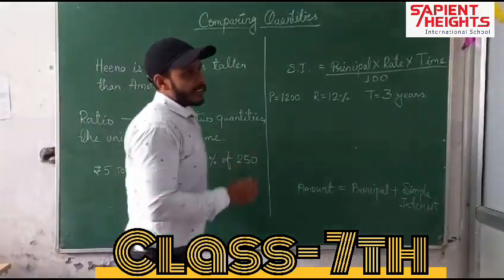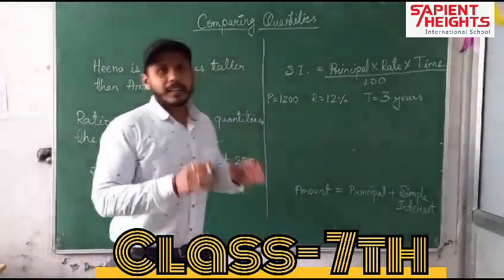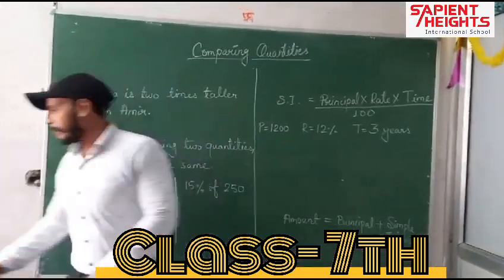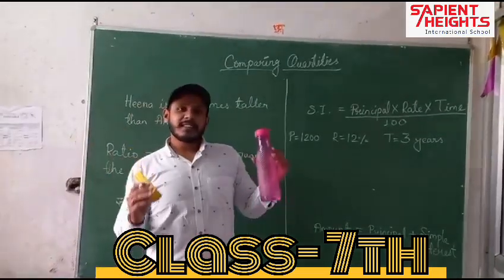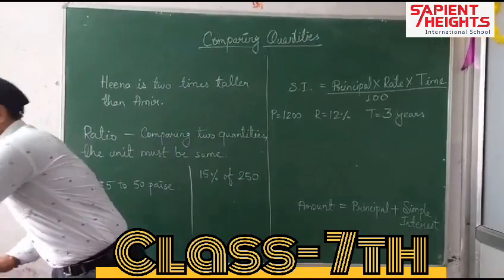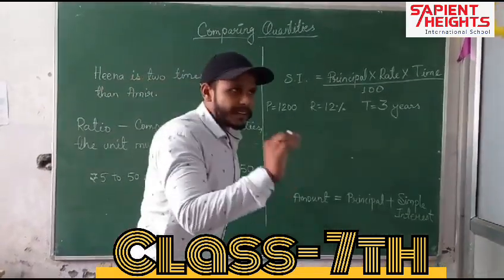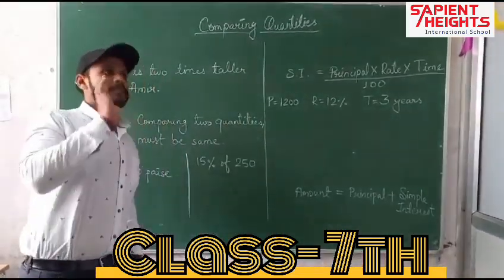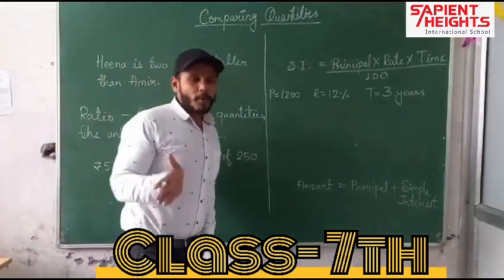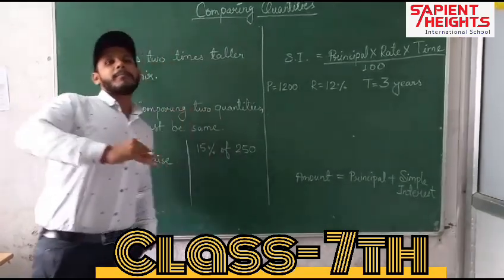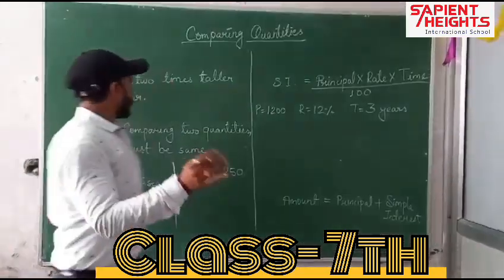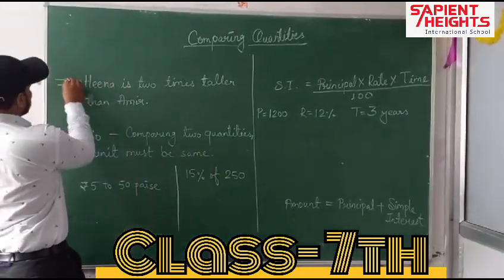The one thing that we must keep in our mind is that comparison is always done between similar things. For example, I cannot compare this bottle with this duster because both have different applications. So it is clear that comparison is always done between similar things. Like, for example, I can compare one book with another book. I can compare one mobile with another mobile.